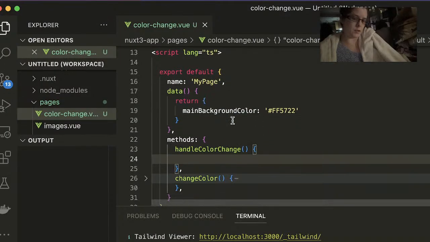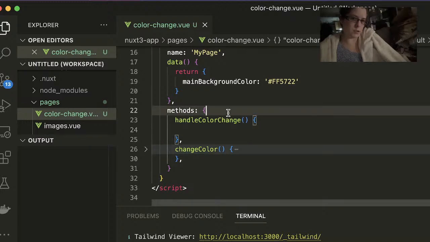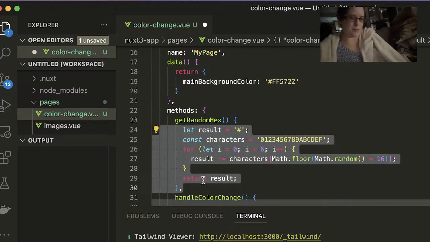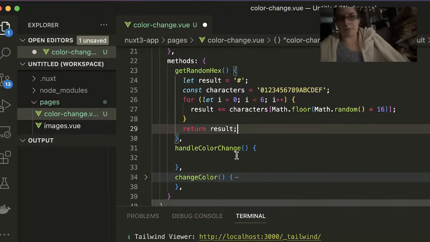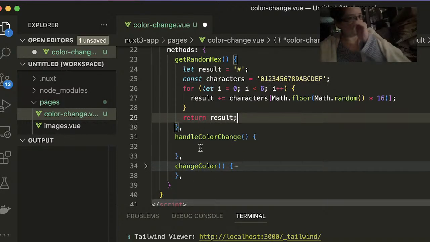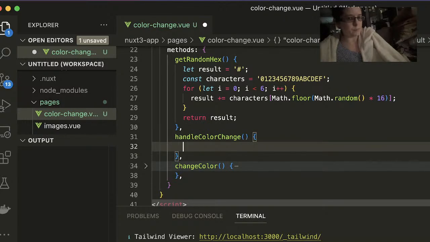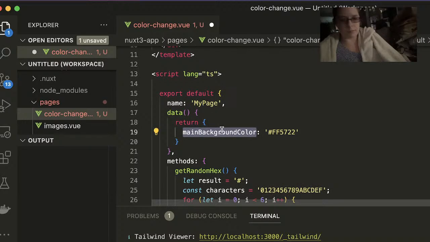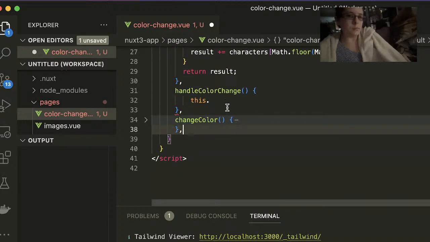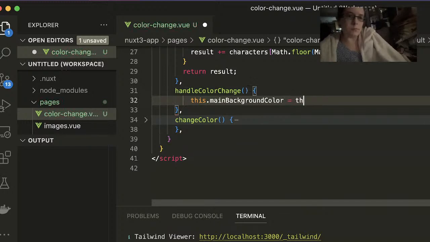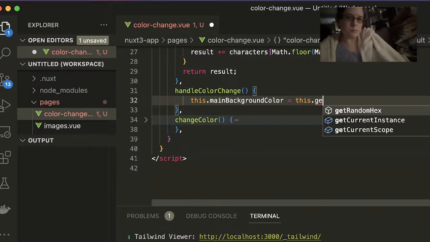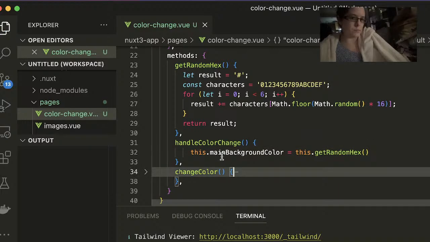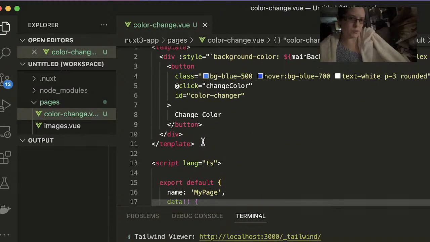This has the get random function. I'm trying to get that into being alphabetical order. This dot, so I want this to be